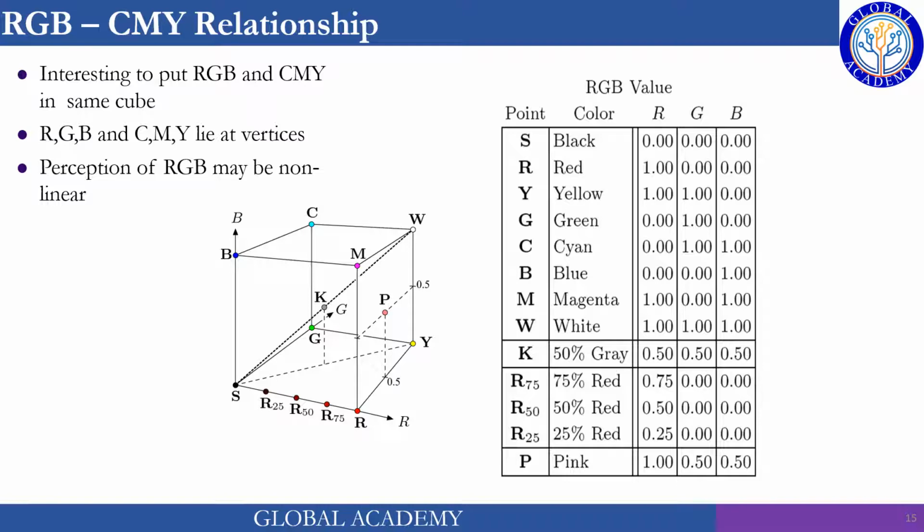So once again, it's the same cube for the RGB color space. This time we have red over here, and blue over here, and green over here, and white on the diagonal, and black at the 000 location. So we have cyan, magenta, and yellow.